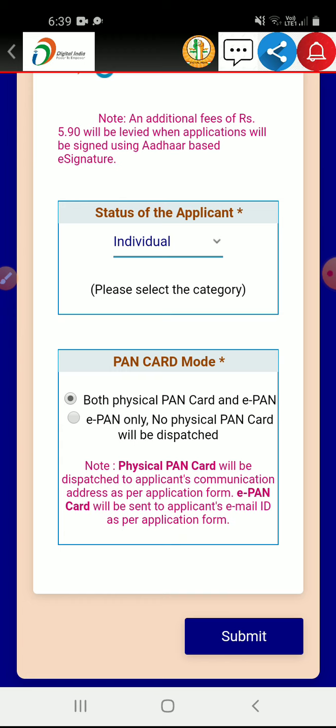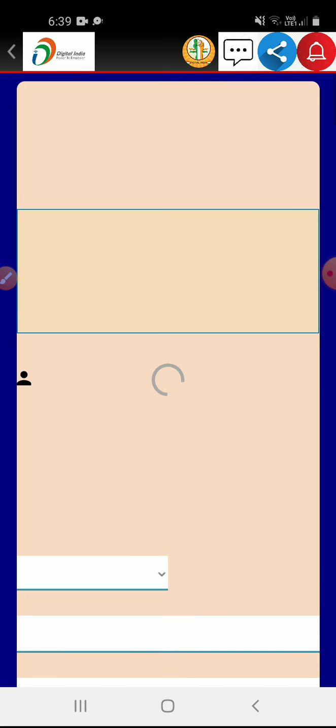You can download the e-PAN in your mobile, and a PAN card will also come to your house. If you only need the e-PAN card, means you only download it in the mobile and make a duplicate PAN card, you can do that. I am selecting e-PAN only, then click on submit.